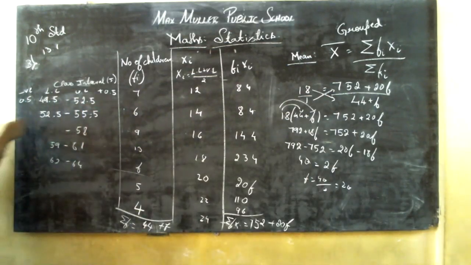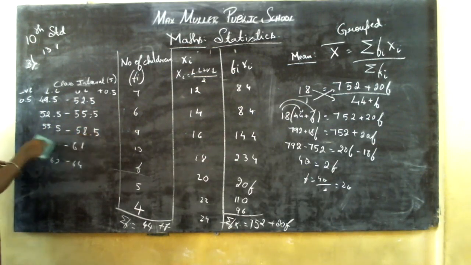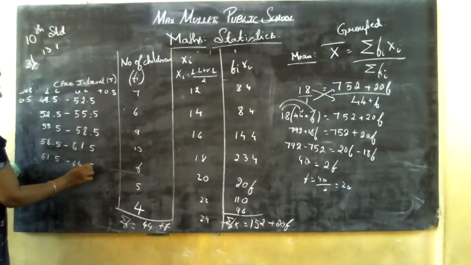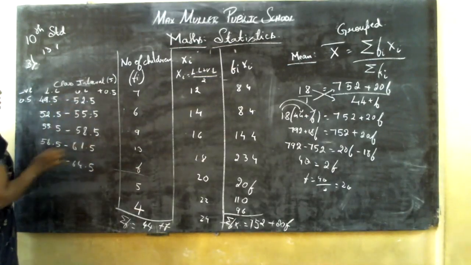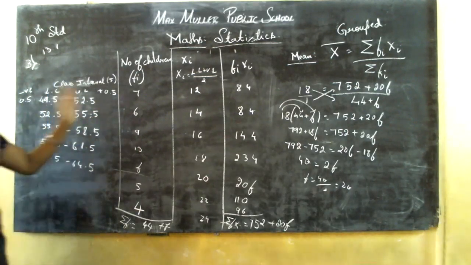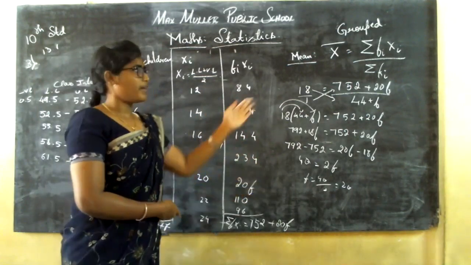So for the next class interval, you need to subtract 0.5 from the lower limit, and for the upper limit you need to add 0.5. For the lower limit, what are you going to do? Subtract. See, now is it continuous? Yes, the class interval is continuous. Correct? Now you can do the frequency, that is fi and xi and fx, and find out the mean.